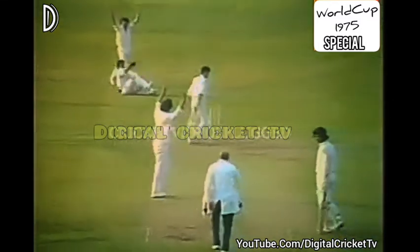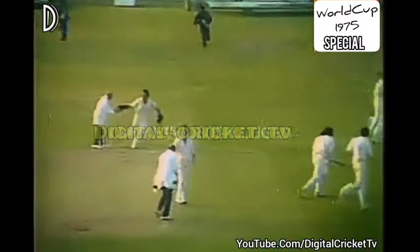And that is it. The last ball of Dennis Lilly's 12th over has ended this game with the spectators rushing the field and Pakistan all out for 205. Lilly finished